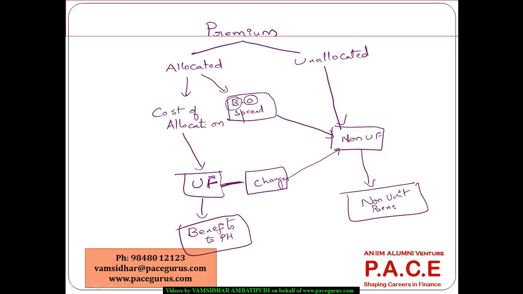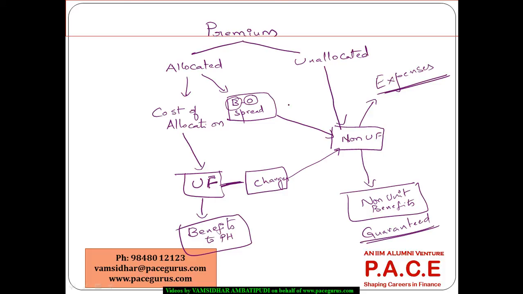If there is some kind of guaranteed payment or guaranteed death benefit, it comes purely from the non-unit benefits. And this fund will always contribute to the expenses of the insurance company. So this is a typical way you can look at how your premium, especially in the case of unit linked